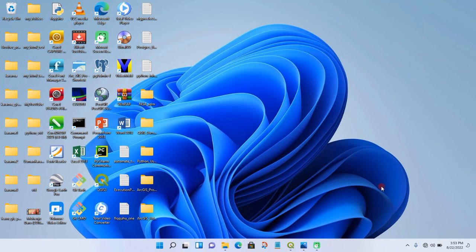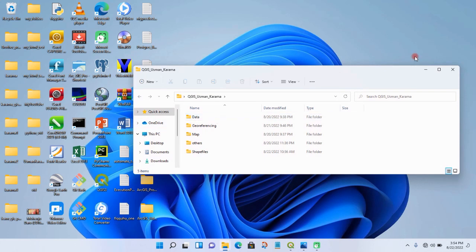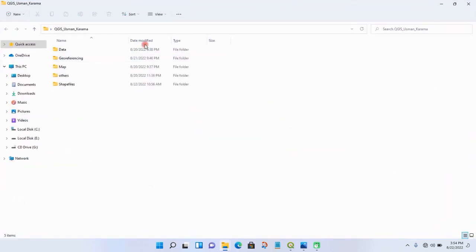So before you start any GIS project, you need to open a folder so that you can make your project more organized and planned. Based on this project, I have created a folder which I named Usman QGIS Usman Karama, and inside the folder I opened subfolders. The first folder is called data, in which I inserted some